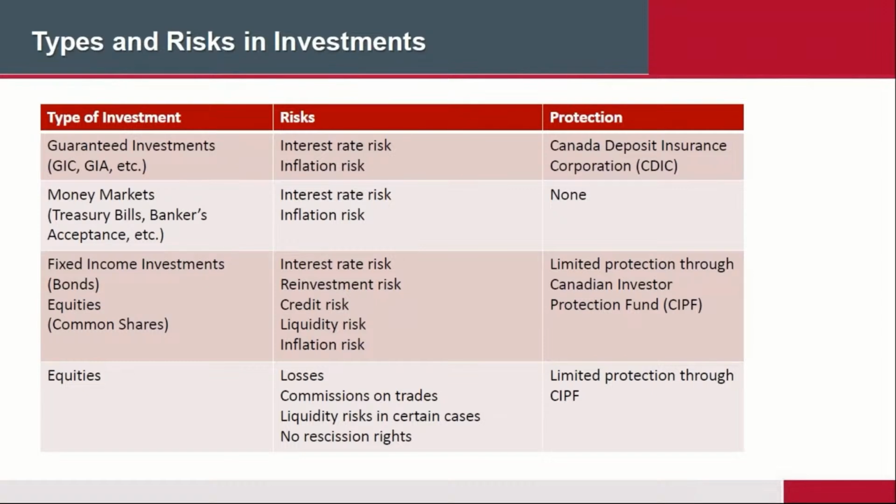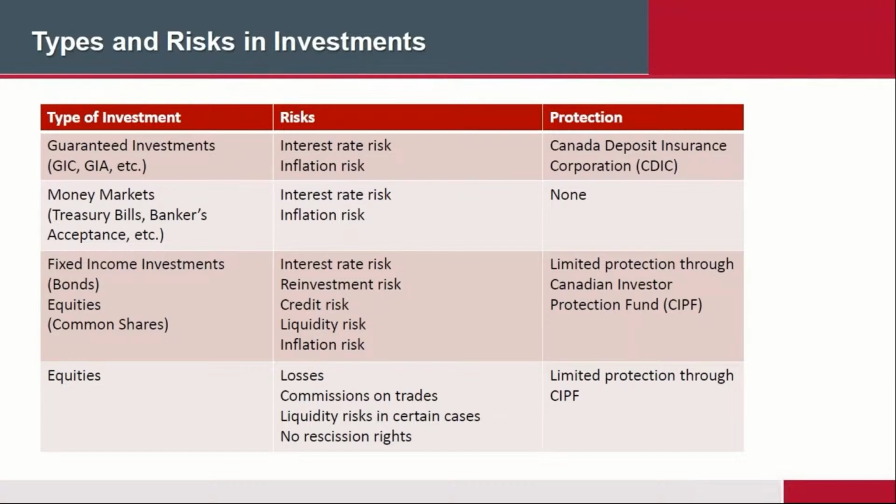You can't turn around and say, okay, here's my money. Oh, by the way, a day later, 2 days later, you change your mind and you want your money back. It doesn't work that way. You can get your money back if it's still the same value. But if the value has dropped during that period of time, you're going to get the dropped value essentially. And once again, if the organization that you're using, your stockbroker, in other words, goes belly up, then it's also protected under CIPF.